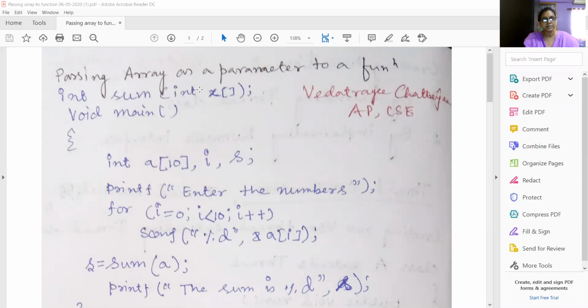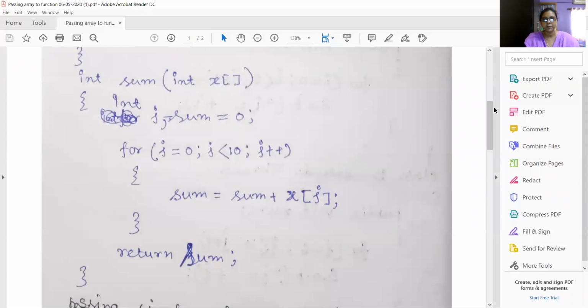The prototype is not required if the function is defined before main. What is the prototype? sum is the function name and int is the return type, and within the parentheses I have passed an array, written with just open and close brackets.